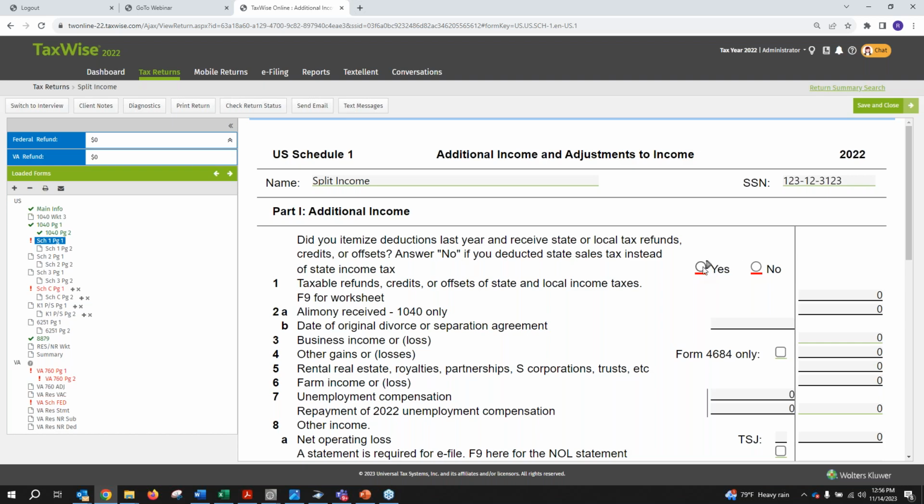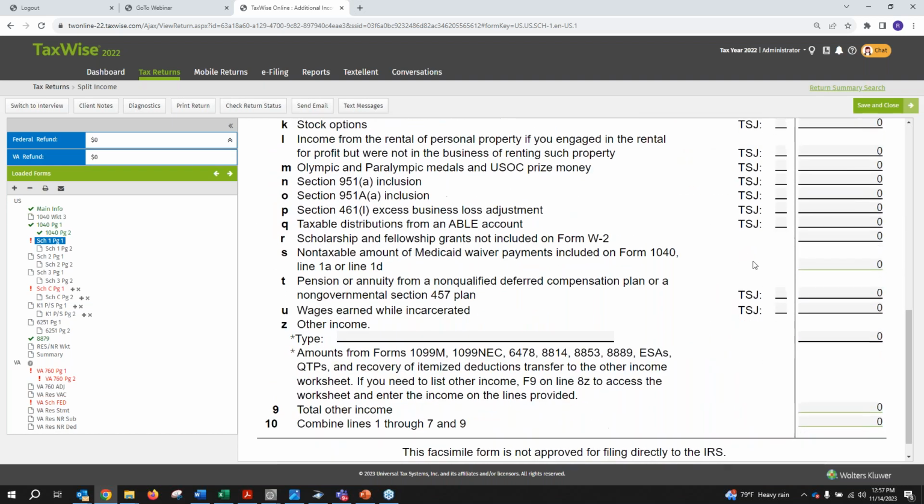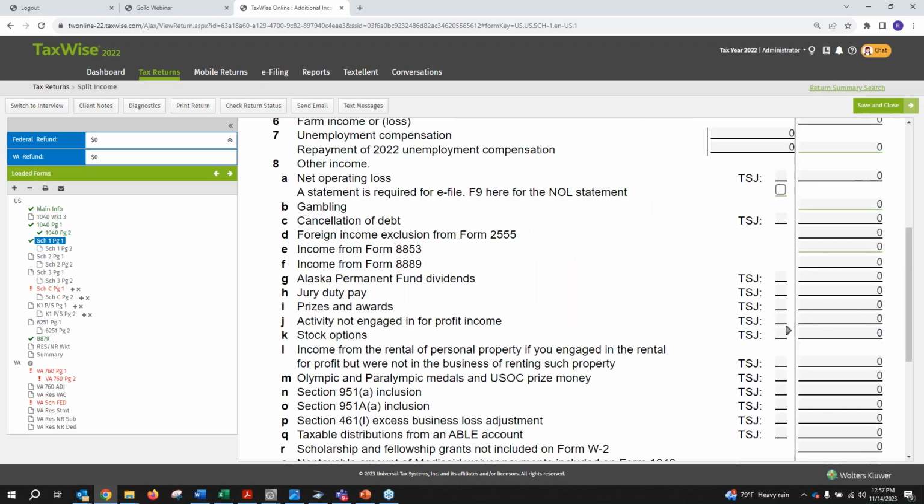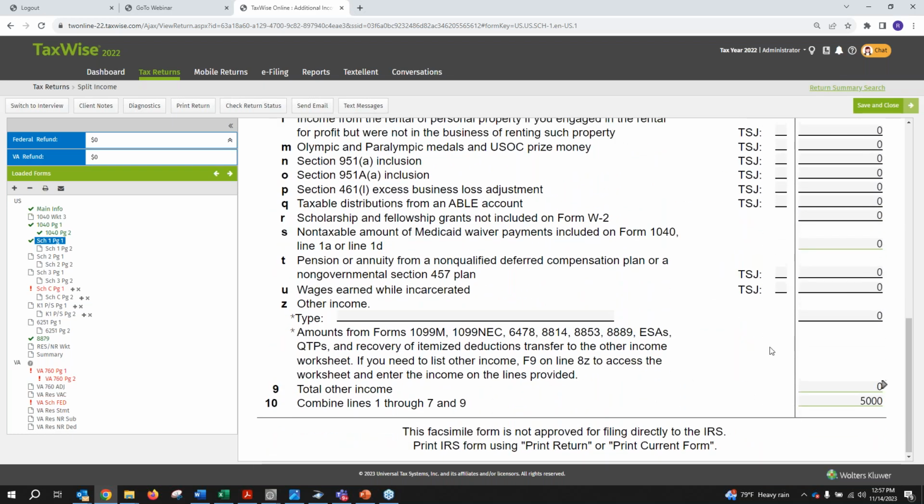And you can see we have items like the yes, no, very basic, but as we continue to scroll down, looks like just the yes, no. But as I click yes, you can see more items becoming underlined. That's because this is a variable system, it's interactive. As you select certain options, other options may become items that have to be done. And as you start to input these different amounts, you may get more red underlines, but if you don't,